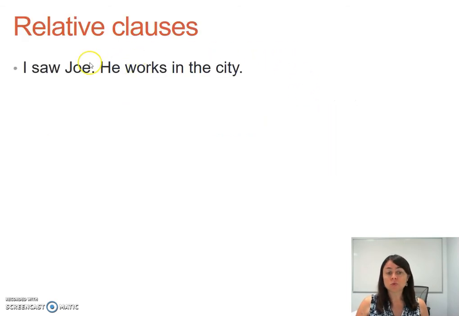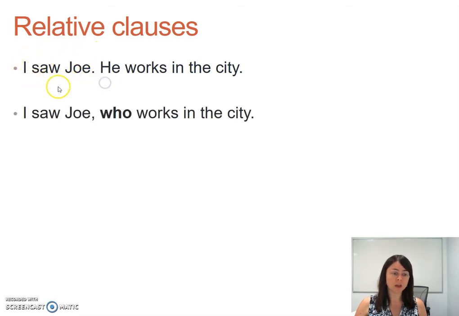Okay, here we have two simple sentences. I saw Joe, he works in the city. Using a relative clause, we can put this information into this sentence. I saw Joe, who works in the city. When we use relative clauses, we can use relative pronouns like who, where, which to describe, define, give extra information